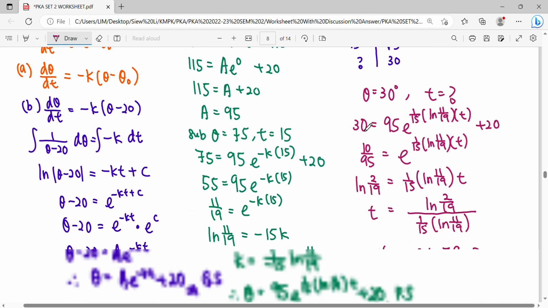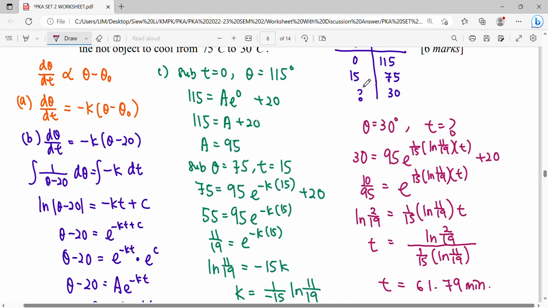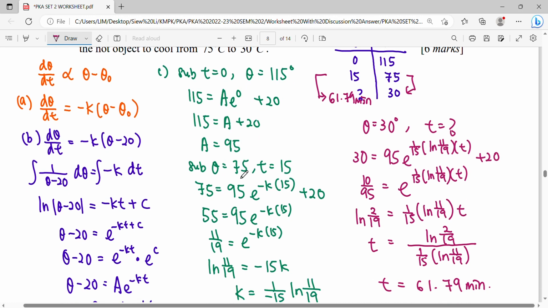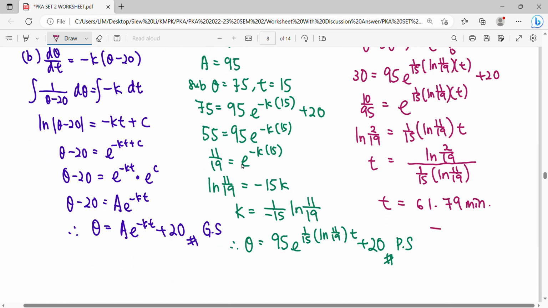Alright, so read from the story here, actually start from the beginning. After 15 minutes, it will cool down to 75. Then after 61.79 minutes, it will cool down to 30. But the question asked here is the time taken to cool down from 75 to 30. So from 15 minutes to 61 minutes, what is the time difference here? So the time taken to cool from 75 to 30 will be equal to